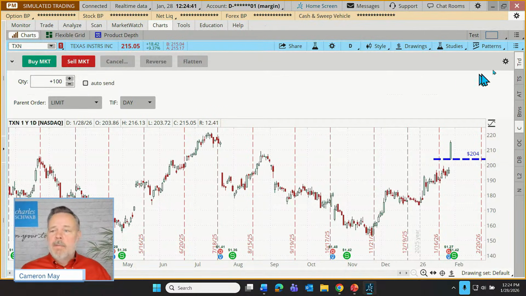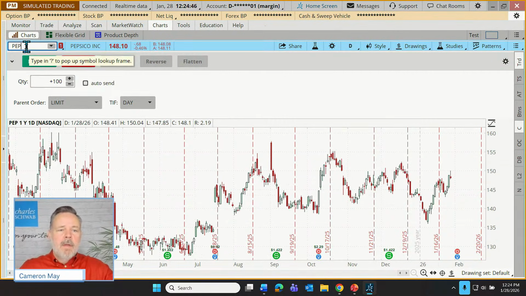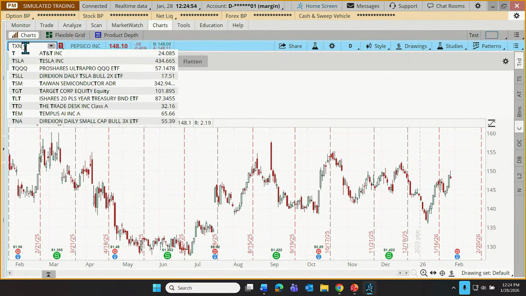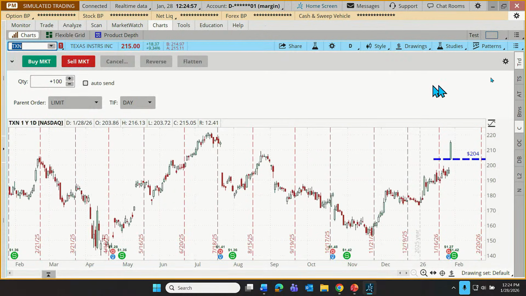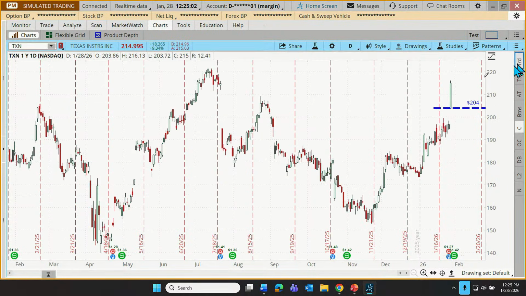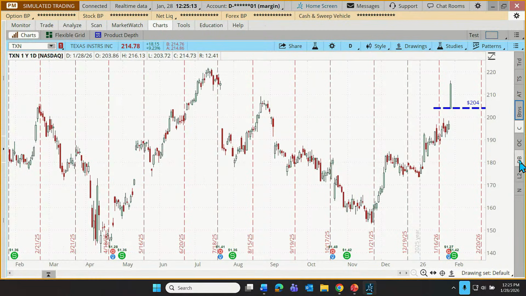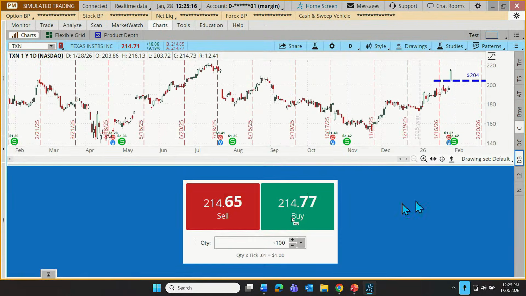But just be aware, we can create this up here. If we move around from symbol to symbol, our chart changes, but the functionality remains available right up there at the top. Let's go back here to TXN. To remove this, all we need to do is click the little button again. But it doesn't always have to be at the top. Some traders prefer different configurations. So if we select, say, buttons, it'll put those over to the right. Or if we select the dashboard feature down below, it puts big buy and sell buttons down at the bottom.